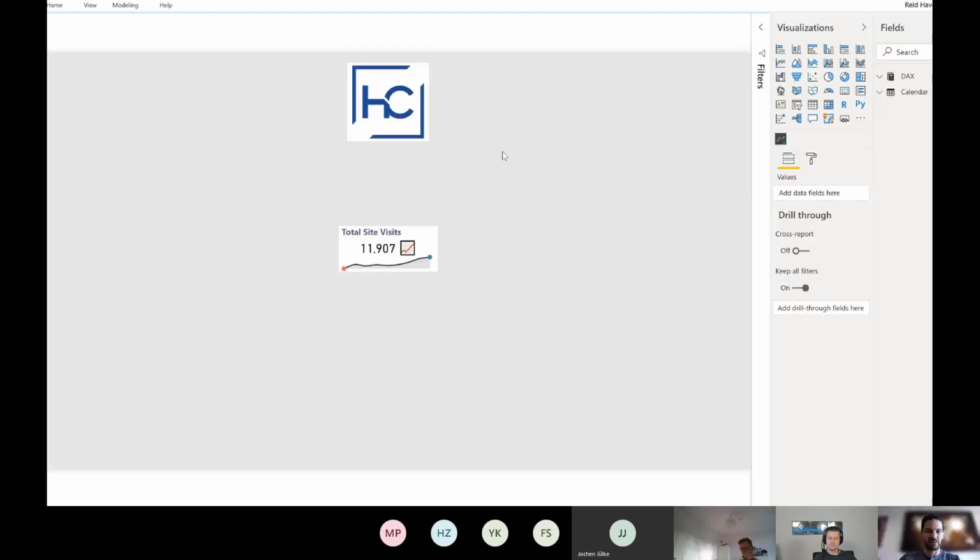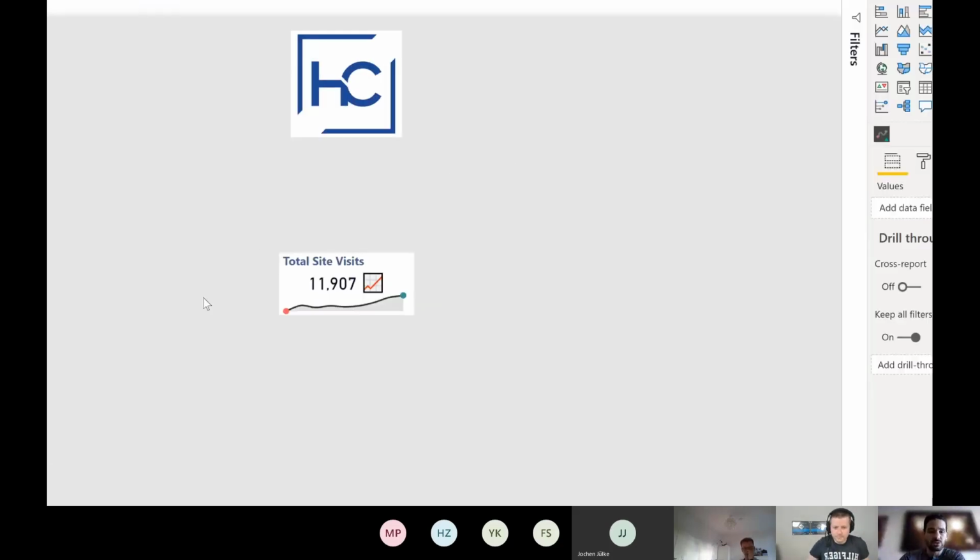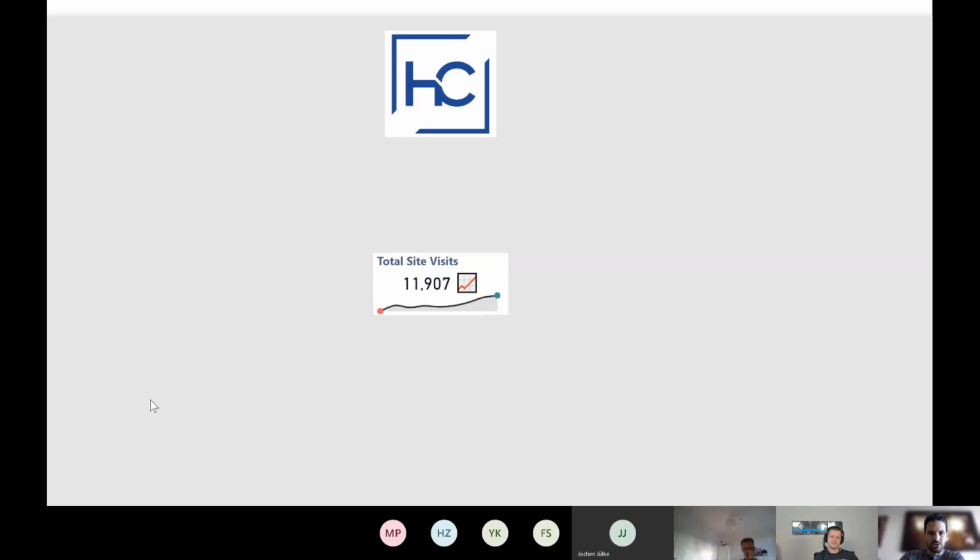One of the cards that I commonly use in here is this visual, which is in fact a standard single value card, but also the spark line from OKViz that I really like. I love the smooth line, and it's a great way to have a tiny little trend indicator at the bottom there, basically layering these two together. Downside is, of course, you have more visuals, but